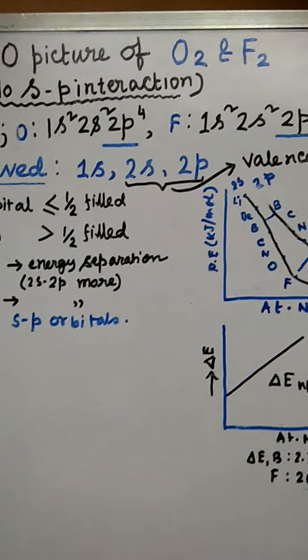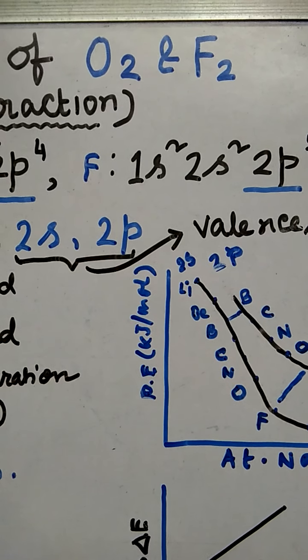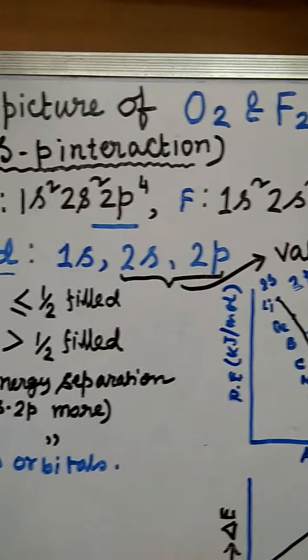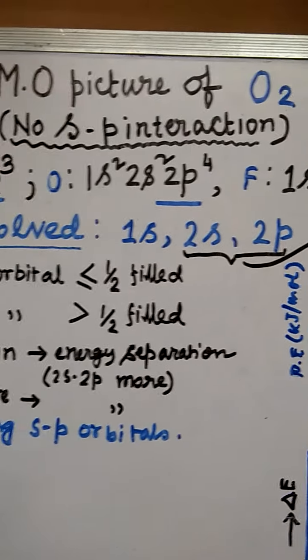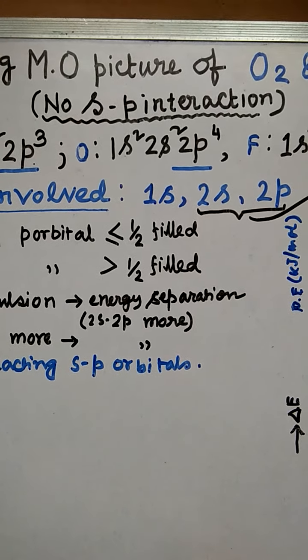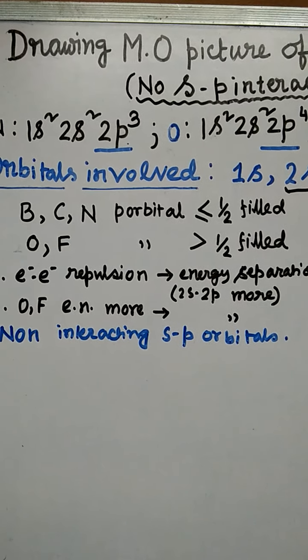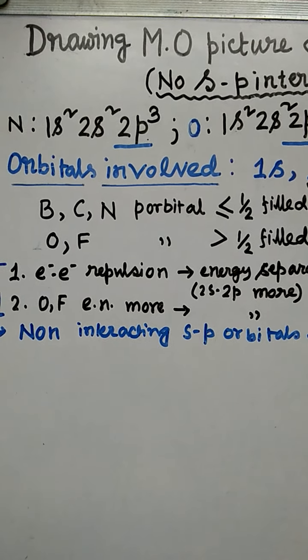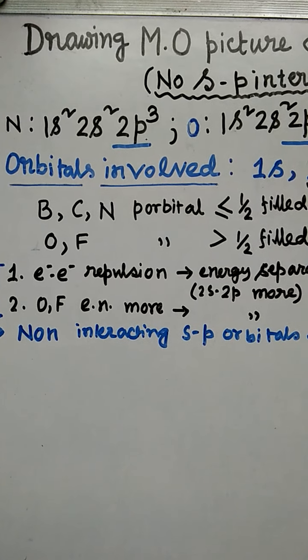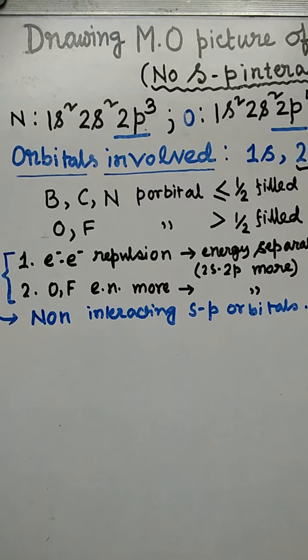So students, today we will learn how to draw the MO picture for oxygen O2 and fluorine F2. They are present in the second period of the periodic table, and along with oxygen and fluorine there were other elements like lithium, beryllium, boron, carbon, nitrogen, etc. So, what happens in case of